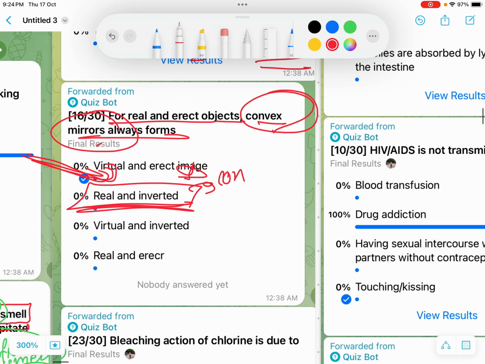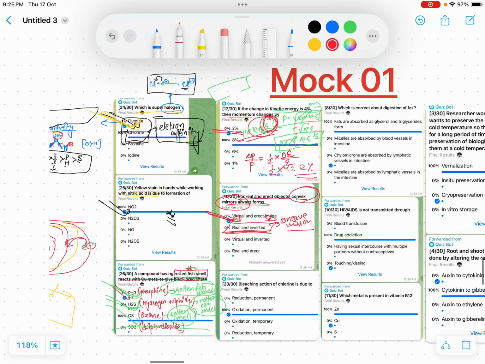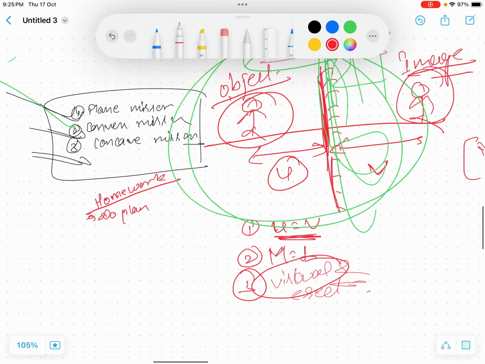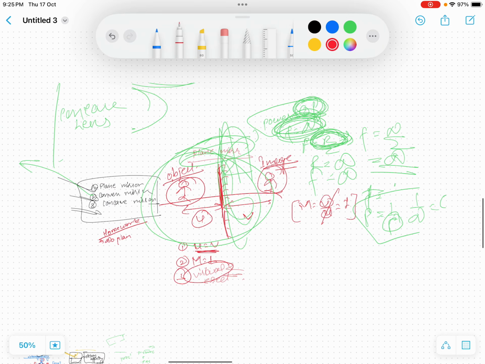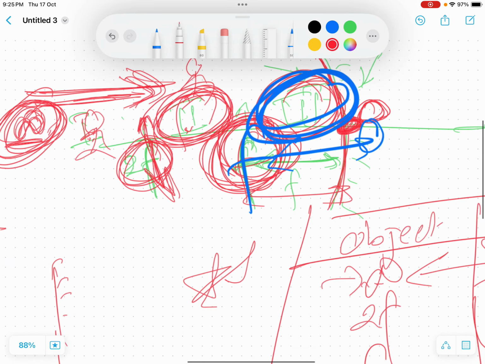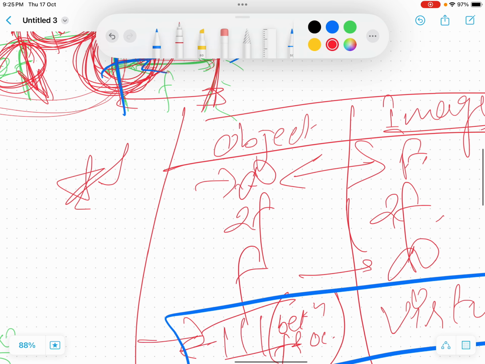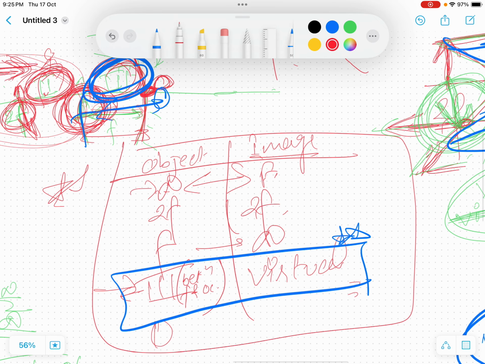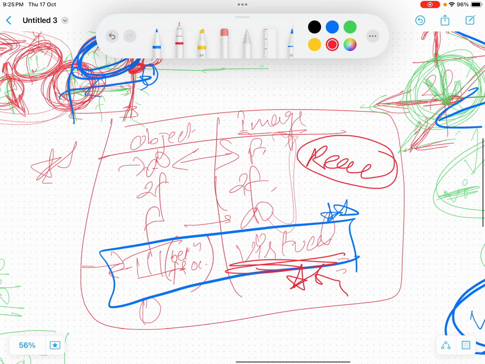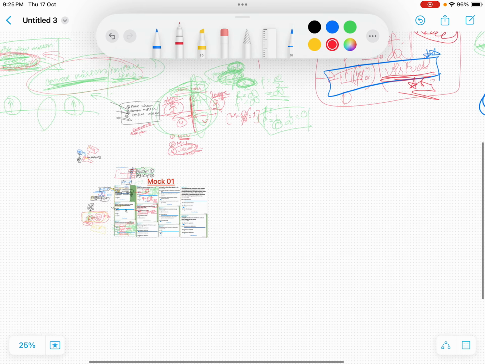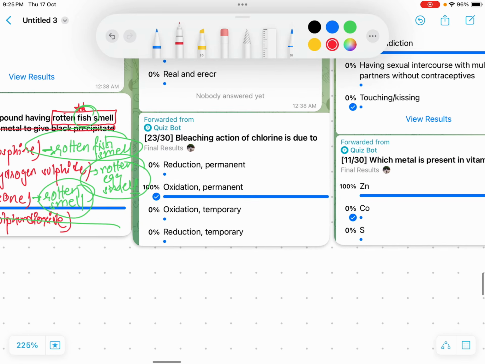ये किस केस में होता है, एक कनकेव मिरर के केस पे होता है। कनकेव मिरर में इमेज कहाँ पे होनी चाहिए? मिरर इसके और इसके बीच में नहीं होना चाहिए। अगर इसके और इसके बीच में कहीं भी हो तो इमेज कैसी बनेगी? रियल बनेगी। ये सब रियल इमेज है भाई। वर्चुअल सिर्फ एक ही है भाई। ये बात याद रखनी है।